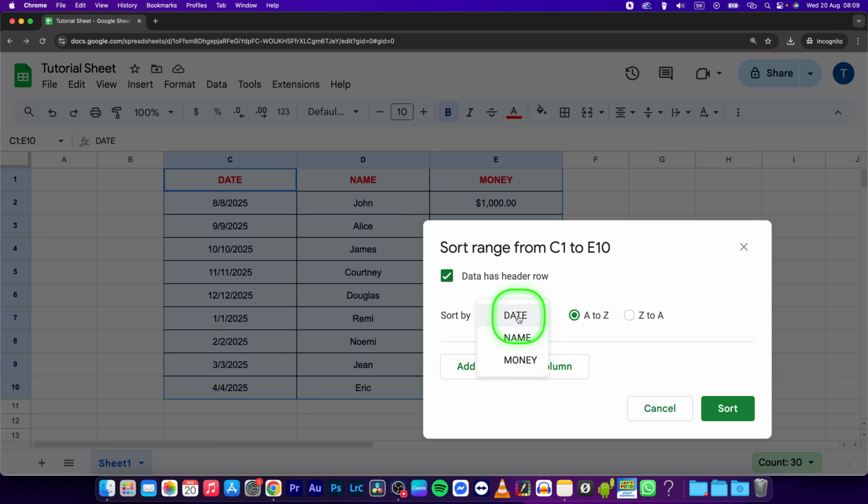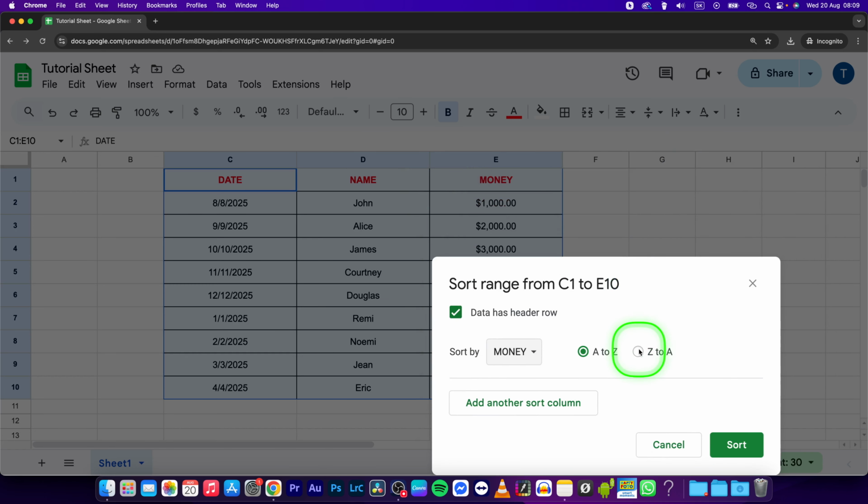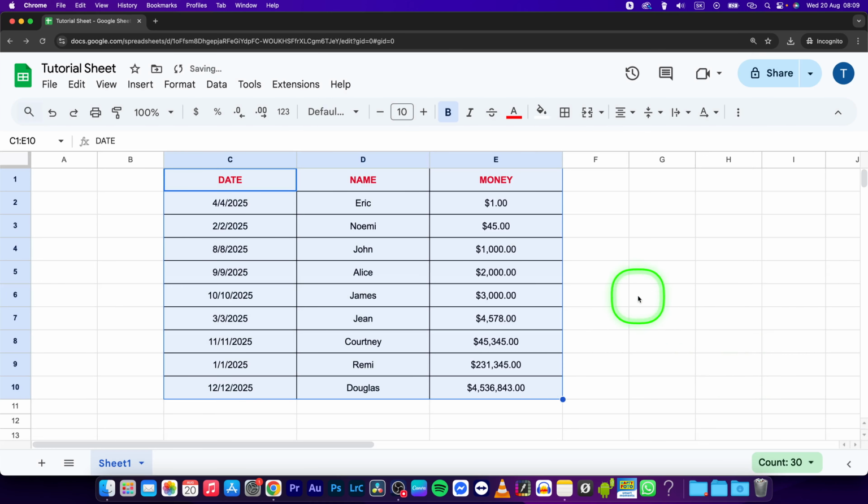So let's say I want to sort it by money. Now you can sort it from A to Z or from Z to A. So let's choose A to Z and press sort. Right now you can see that the table is sorted from the lowest to the highest money,